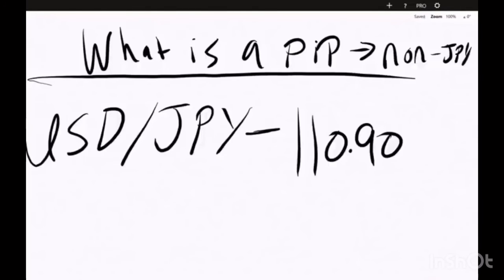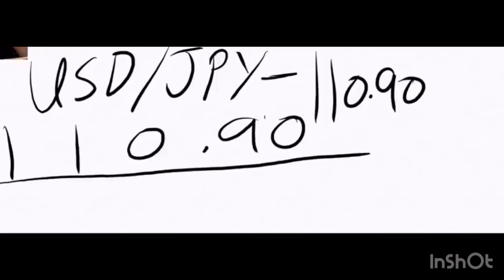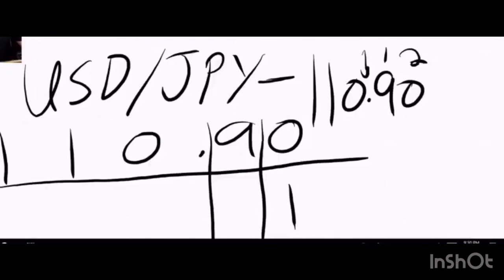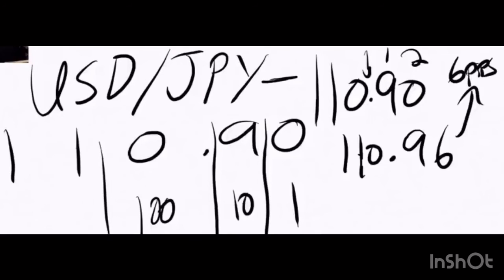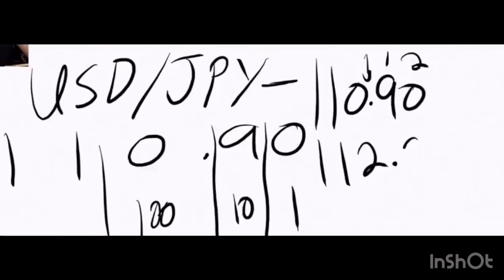And here's how I want you to look at this. This is the way I looked at it at the beginning, and it really helped me to understand this a little more clearly. Not that it's a super complicated thing. Understanding this, if you watch this video a couple times, will be extremely easy. But the way I look at this is, let's write out our value of the euro dollar and space it out a little bit to give us a little bit of room. And that's what I'm really trying to do here. I want to give myself a little bit of room. So we have 1 decimal